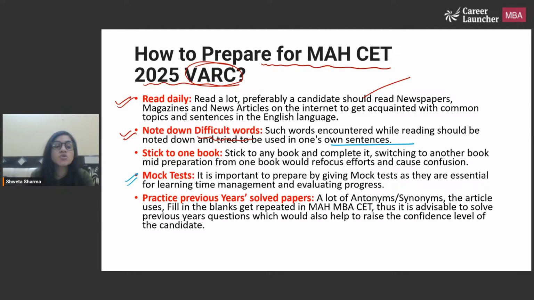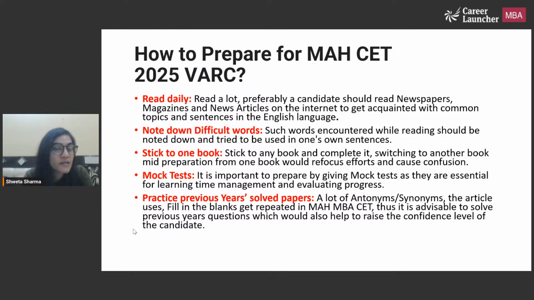Okay. And of course, solving the previous year's papers is very important. Unless and until we devote our time in understanding how the entire paper is presented, it is worthless to prepare. So it is very important to follow the previous year's papers, the previous year questions, solve them on and off whenever you get time. Maybe you can treat these previous year's papers as mocks for you, take them and see where your score lies. If you get a poor score, nothing to worry about. Of course, we can revisit the concepts. We can try to practice more number of questions around those concepts and then solve some more mocks